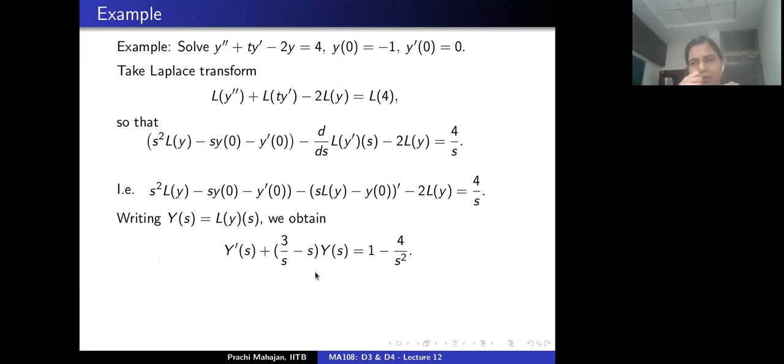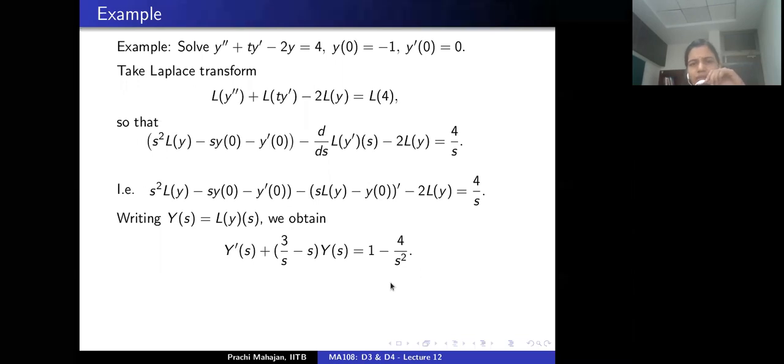So anyways, let's go ahead for the moment. What do I gain by doing all of this? So what is it that I have? See, if you stare hard, this is a first order differential equation in terms of capital Y now, which we know how to solve, right? How do we solve this differential equation?